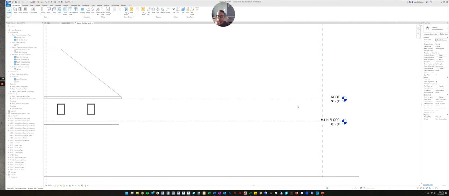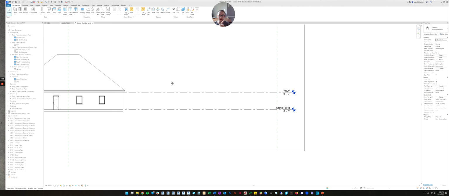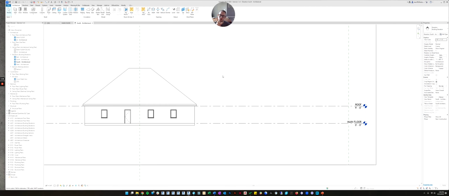So for example, we've already got the floor plan, that's the main floor plan, and it's associated with the main floor level. Then we've got level 2, L2, that's associated with the roof, because if you remember, this used to say L2. And remember the way of checking that. So just let me show you to make sure you can see what I'm talking about.